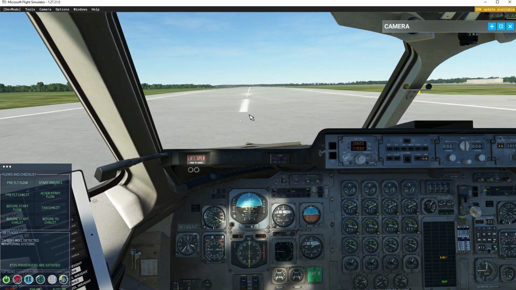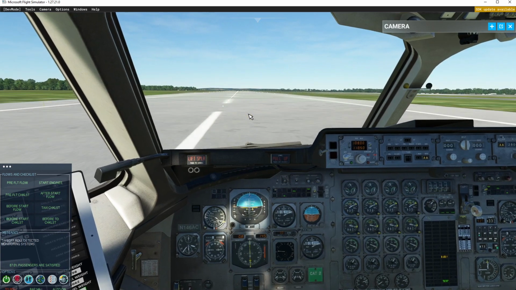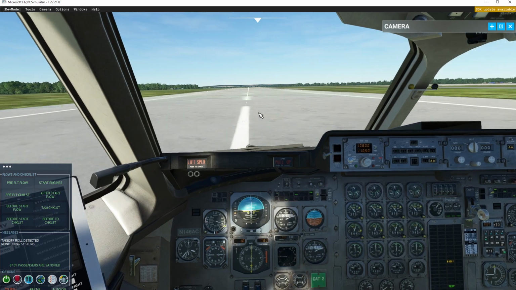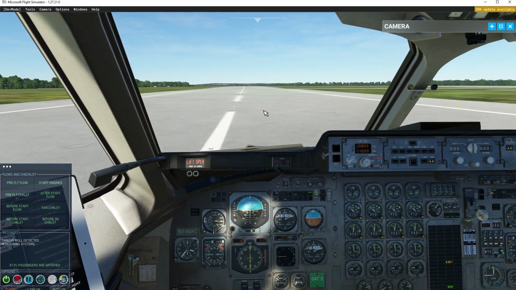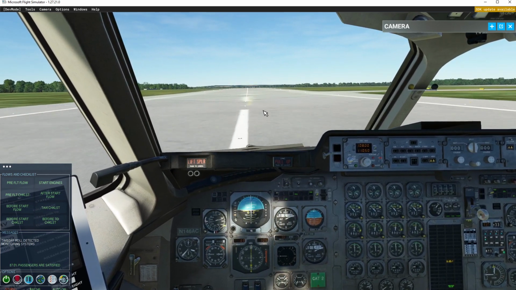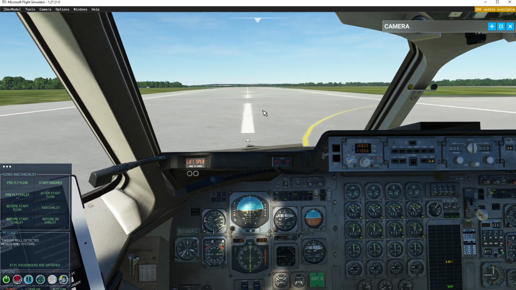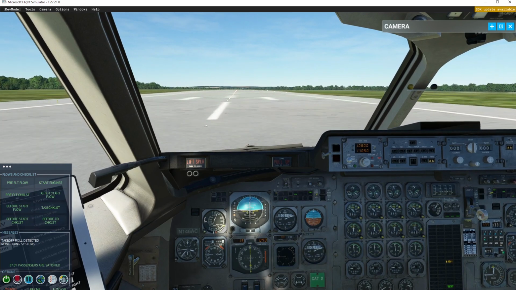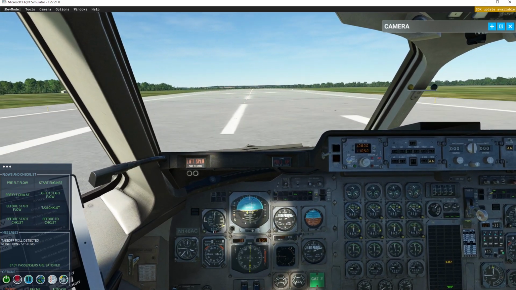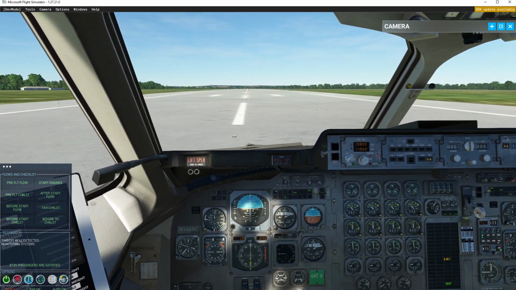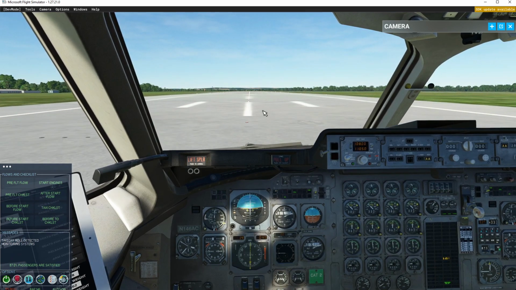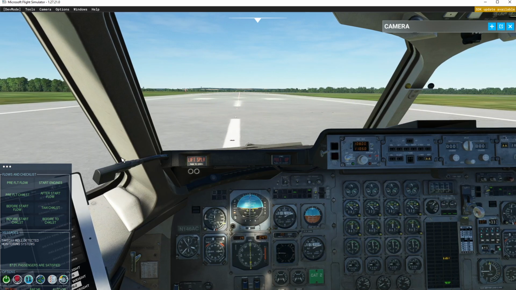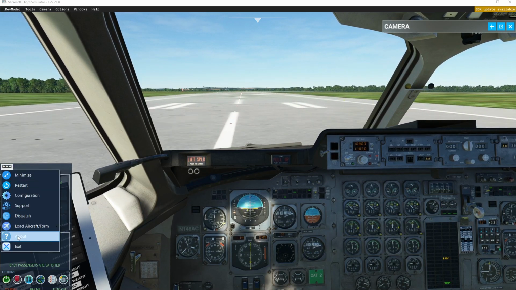V1, rotate. Okay. V2. So what we're going to do is... and then what we're going to do, 3,000 feet remaining. There's the Roz again, so it's a good demonstration of that. Again, that's just a free add-on with FSFO. So what I'm going to do now, guys, is, at 2,000 feet remaining, I'm going to trick FSFO into thinking